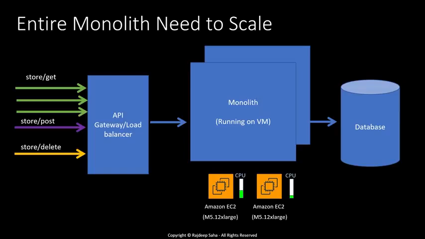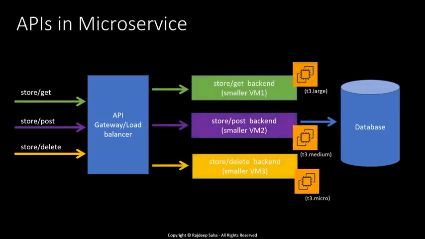So how would it look like with a microservice? With a microservice, all the three components, store/get, store/post, and store/delete, have different code bases. And on the back end, you can see they are running on different virtual machines. And depending on the type of the API, you can control the memory and CPU of the EC2. In this case, store/get backend is running in a T3.large, store/post backend is running in T3.medium, and store/delete backend is